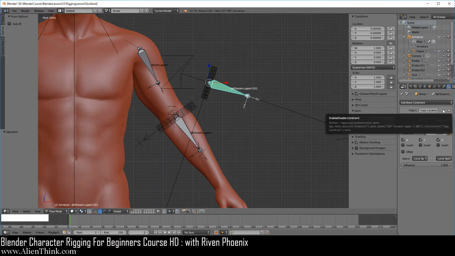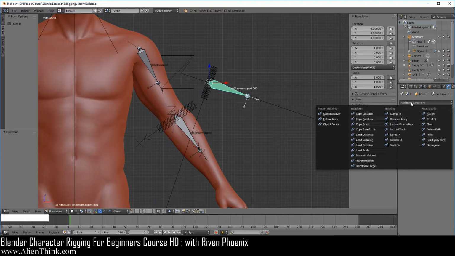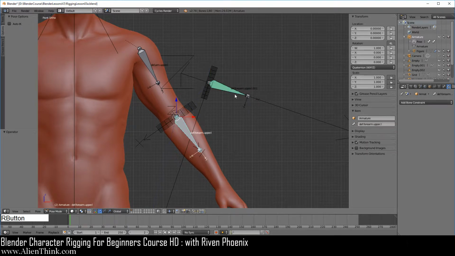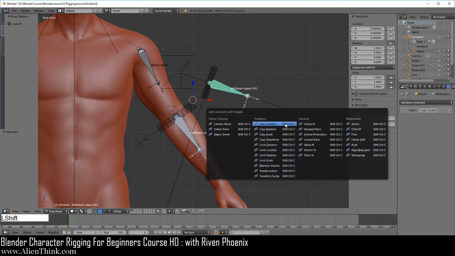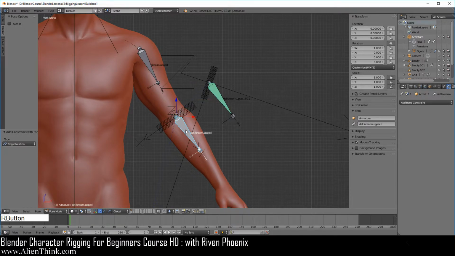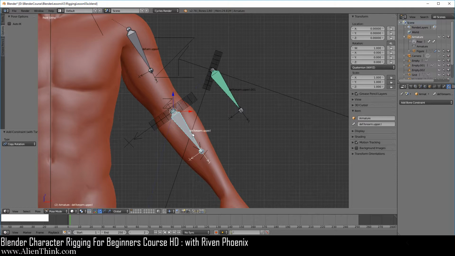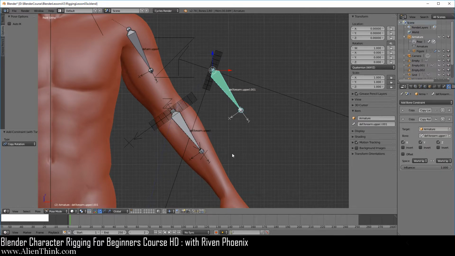Now over here, let's go ahead and shut off the location, and over here we're now going to do copy rotation. So let's click this, press the shift key down, and click on this one, and here we're going to do Shift Control C and do copy rotation. Now here we're just going to do world space and world space. So basically however this bone's orientation is based on the world coordinate system, this bone is going to do the same thing.